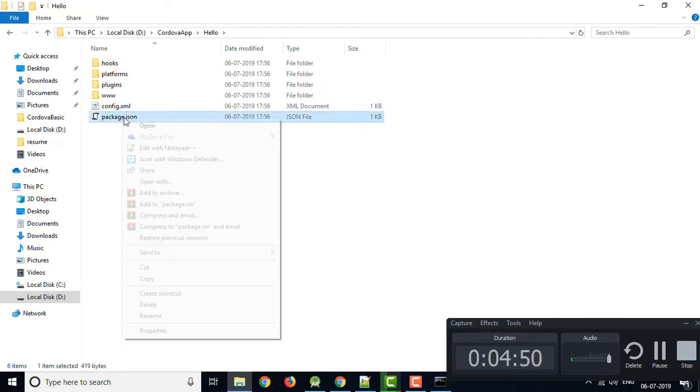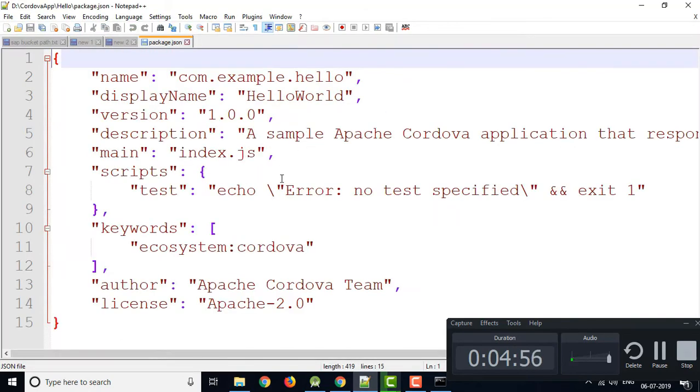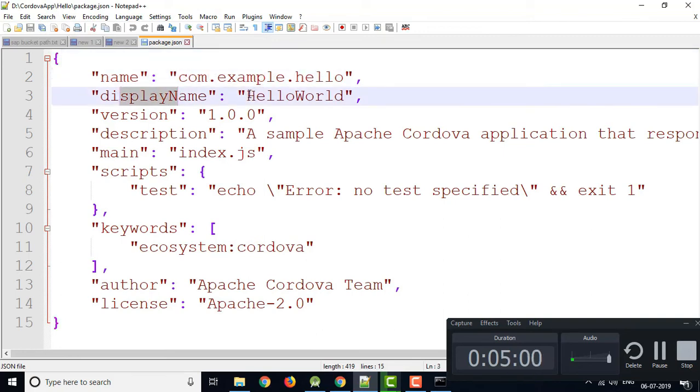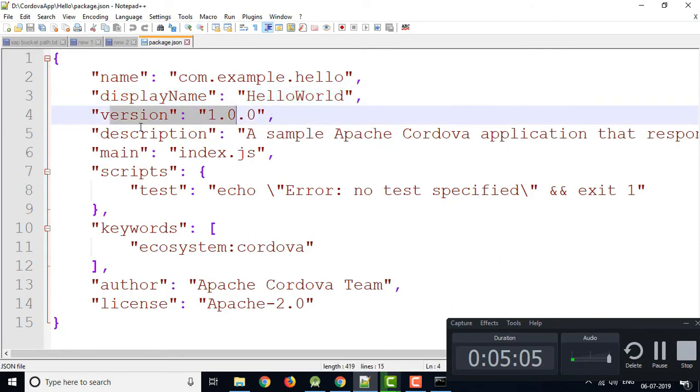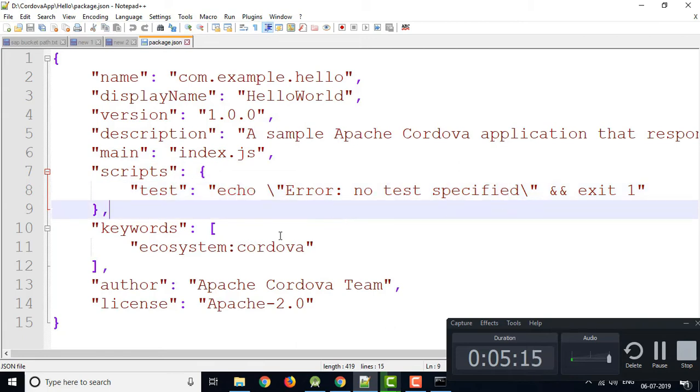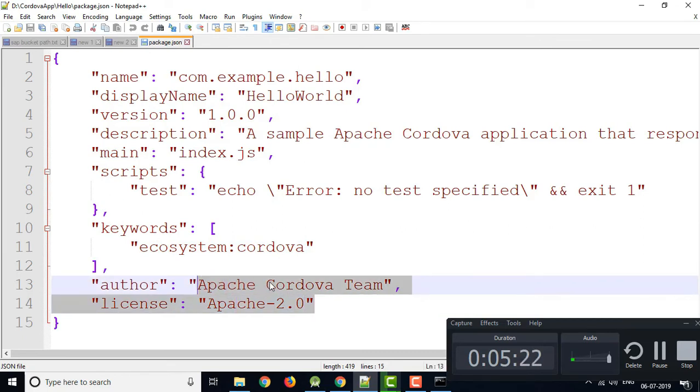This is package.json, which my application needs, like the name of the application, the display name which will be shown after installing the application, the version, a description, and the main file which will launch when I launch my application. If there is any error, it will display an error notice. Then keywords and author. Cordova is based on the Apache license, so it shows like this.